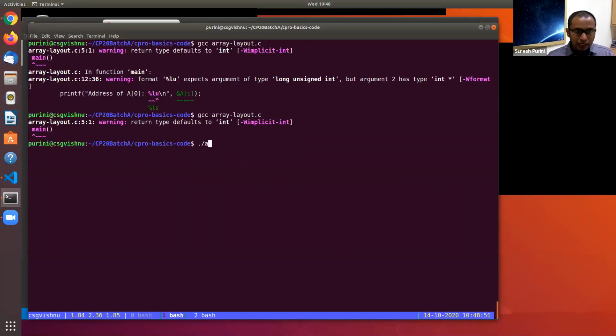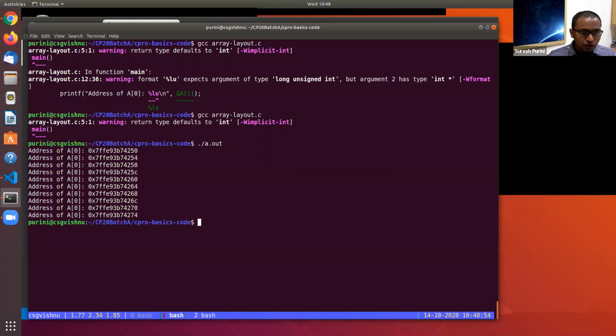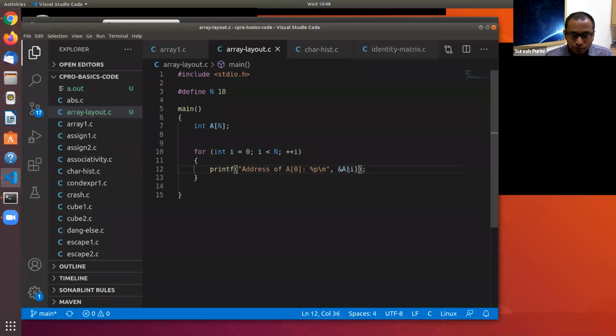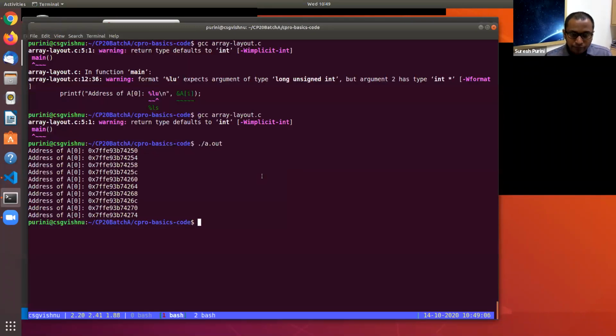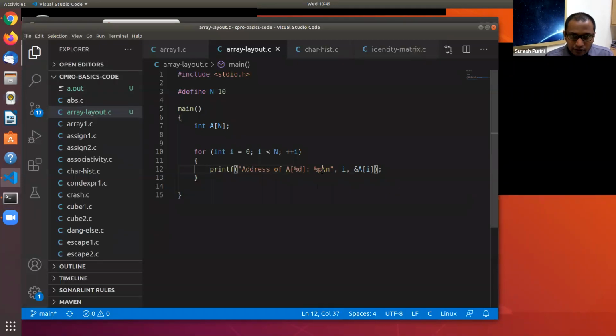Okay, so now it is printing. Sorry, it should be a of i with %d.